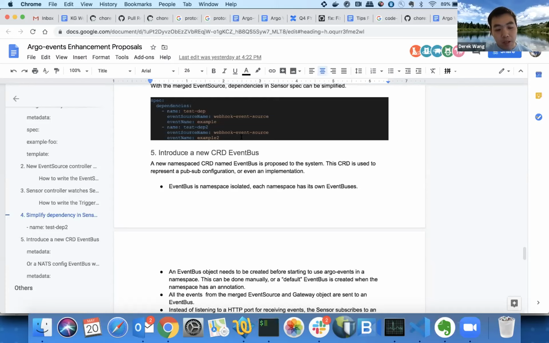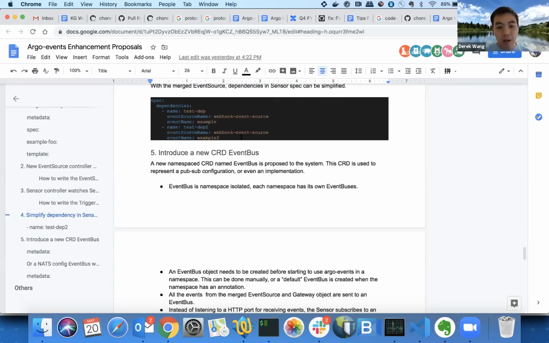For HTTP, we don't want to get this kind of thing deployed in production. Let's say you do a direct HTTP call from the gateway to the sensor. If there's any issue with the sensor service or a networking issue, then you will lose your message. So we don't want to use that. And for NATS, NATS is a good thing we want to introduce to the product.